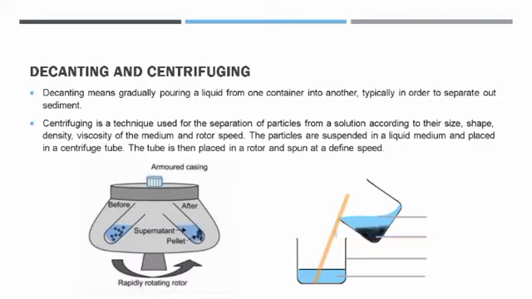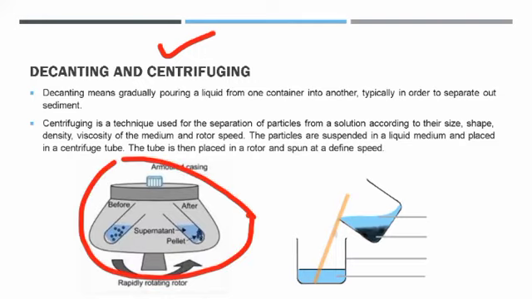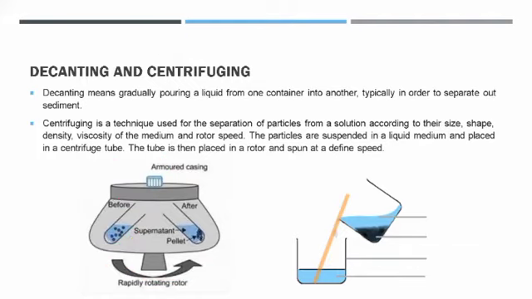And then you have centrifugation. What is centrifugation? That is when you are separating particles with speed. This is the apparatus you're going to use for centrifugation, and you're going to have this test tube here. It has sediments, as you can see, and when you rotate that at very high speed, the sediments settle at the bottom in the form of a pellet. So first the particles were suspended, and then they settled down in the form of a pellet. Centrifugation is a technique to separate particles from a solution with the help of speed.